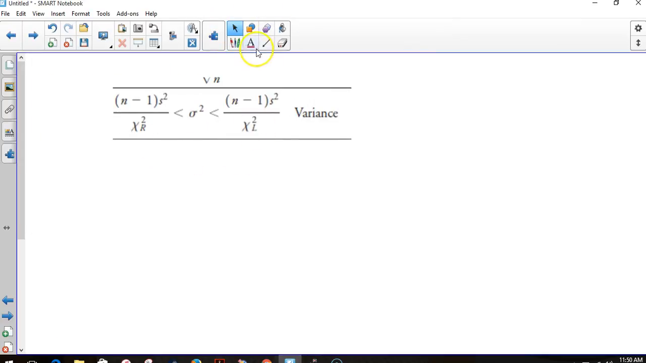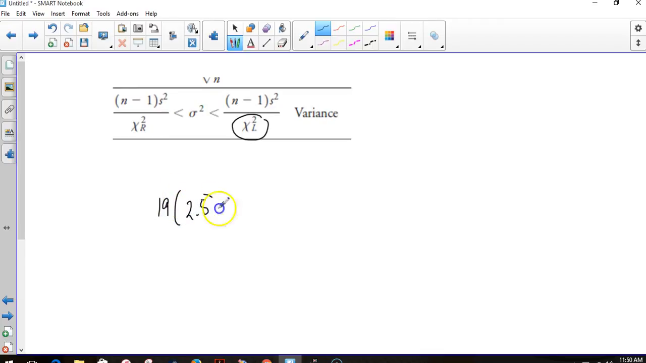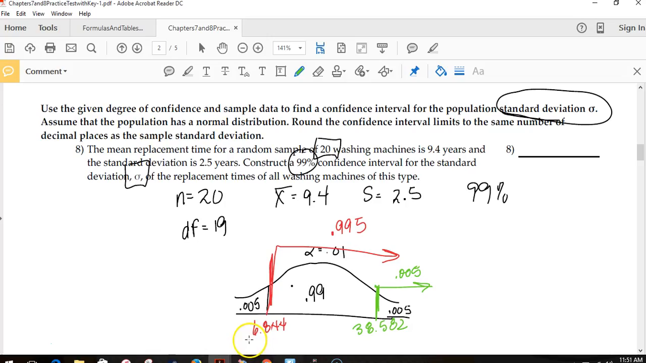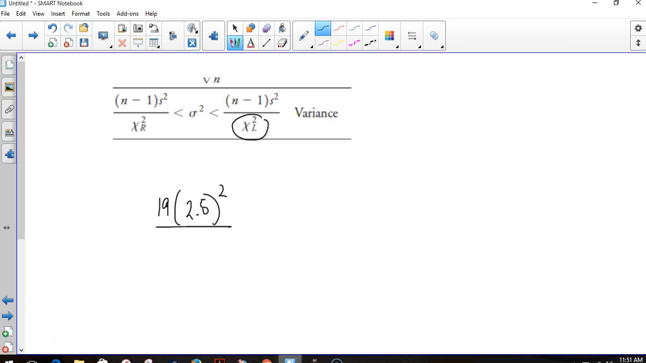Notice that the left and right values swap. So the small number that's off to the left is actually going to come over here. That's 6.844. And then the 38.582-ish, that's going to be over here on the right. So n minus 1, that's DF, I know that's 19, times s, which was 2.5, squared. And then bring the right-hand value, the bigger value of 38.582,